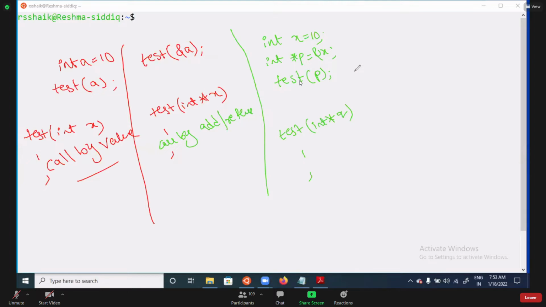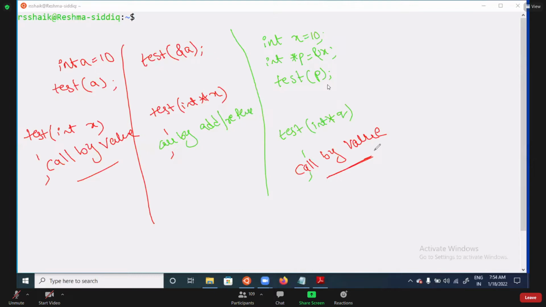Call by address or call by reference? This is called call by value. Most of the students given call by address. It is not call by address, it is call by value.